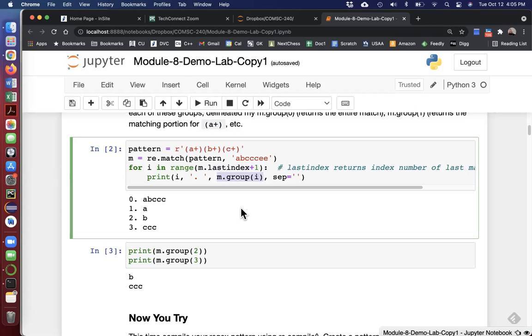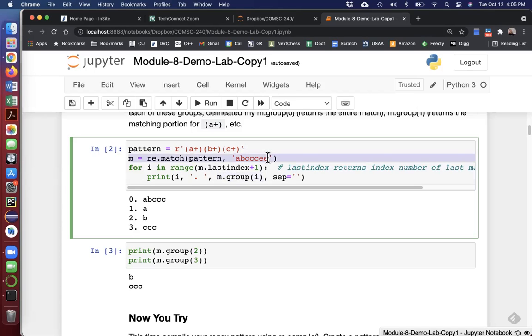Sub 1 lets us know what the first group of A plus was matched. Second, what was B plus, and third, what was the C plus match. Now you can see here in this pattern that we have a couple of trailing E's, and since we're not demanding that the pattern stop at C, we can have some follow-on straggler characters here, and it would still result